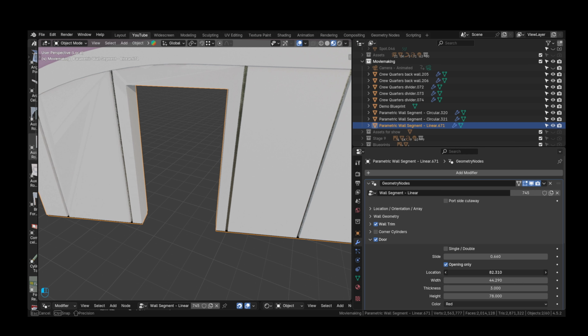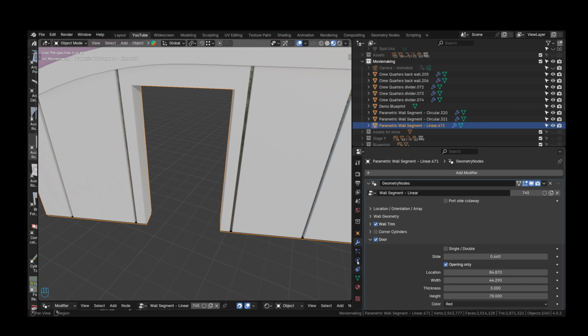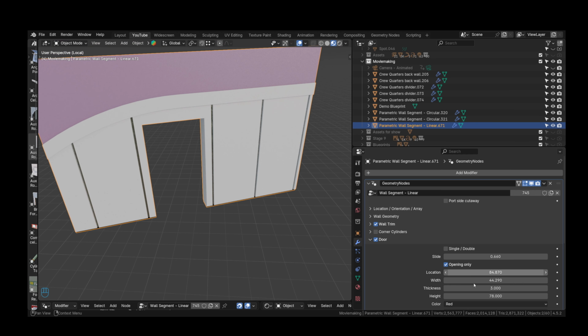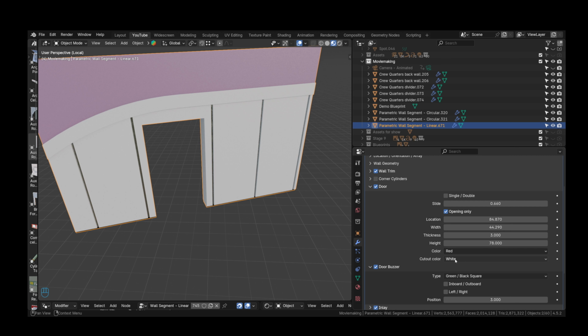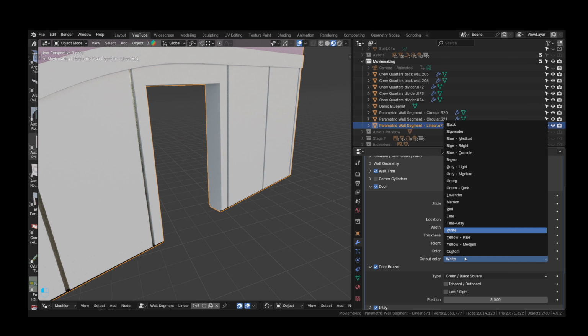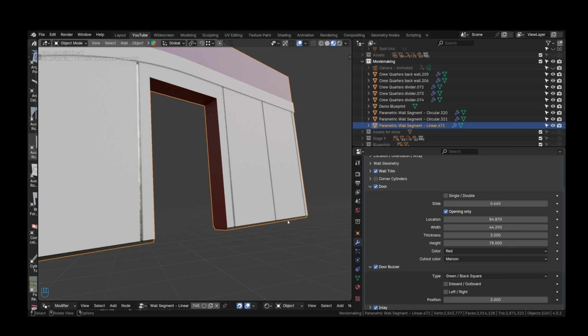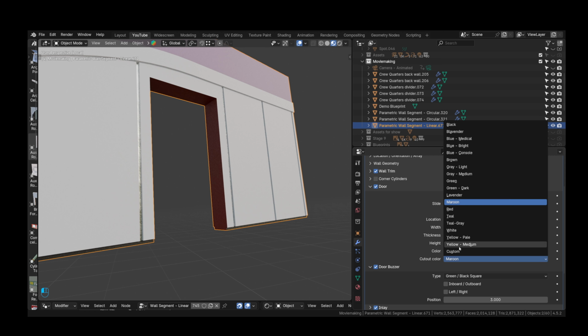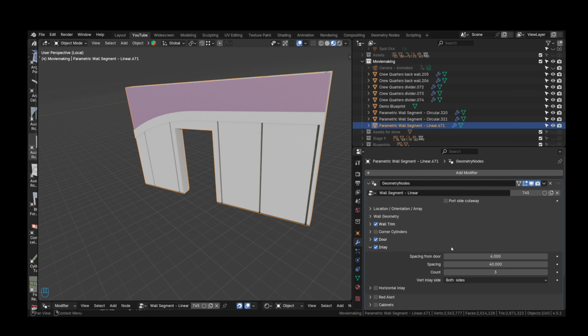Change the door location, of course. The width, thickness of the door, the height of the door is all adjustable. The color, of course. And then the opening cutout, you can even change the color of that cutout. Typically, I leave that the same color as the wall itself. The inlay,